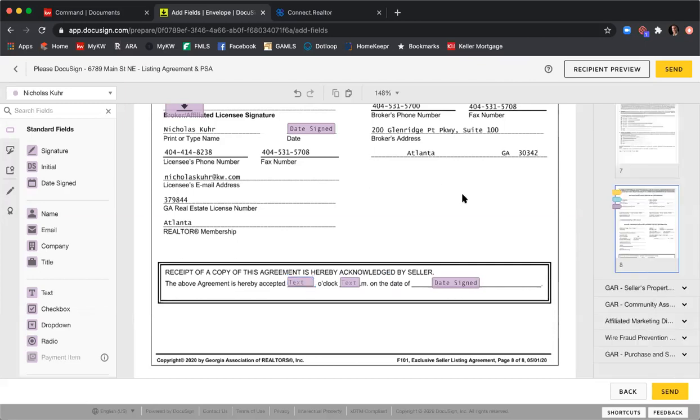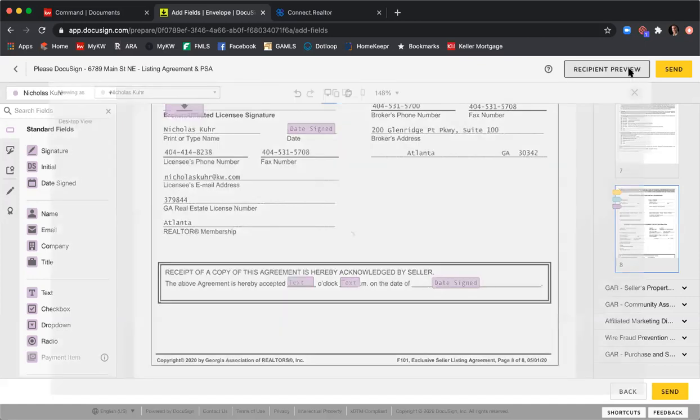So we've gone through, we've double checked to make sure that all of our signature fields are added correctly, added missing ones, we've added some text boxes, made sure everything's good to go. So now I'm going to click send. But before I click send, I want to click recipient preview, because I want to see what it's going to be like for my sellers when they go to sign. So I'll click recipient preview,